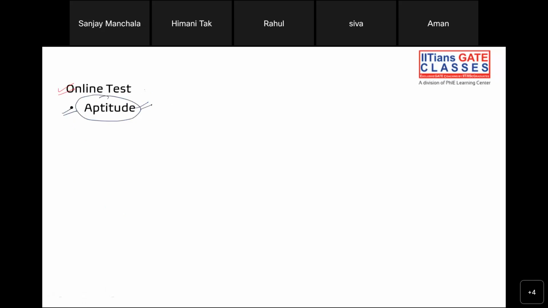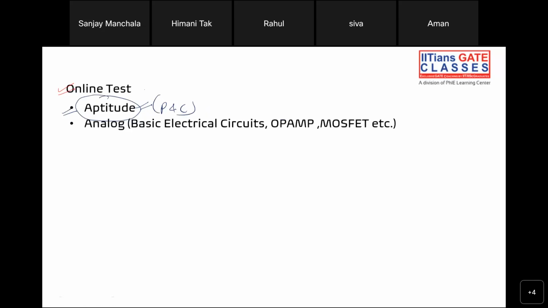In aptitude, various topics are there, but mainly the questions will be asked from percentage and probability. Okay, and you can say percentage, profit and loss, all those things, right? And then the analog will be the next topic of interest, where they will focus on various